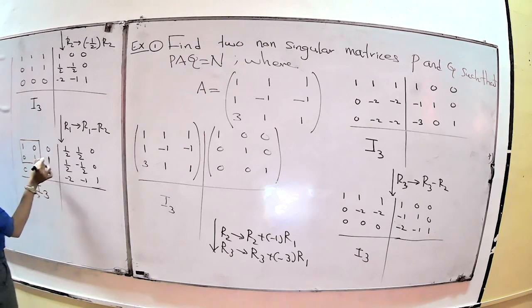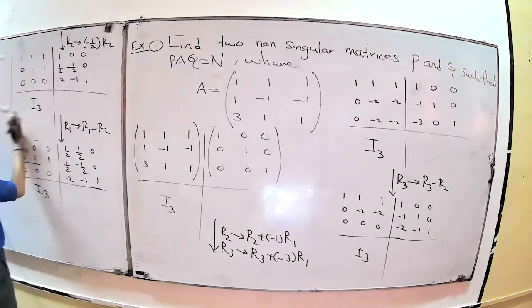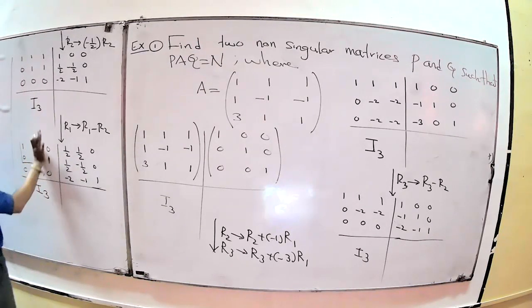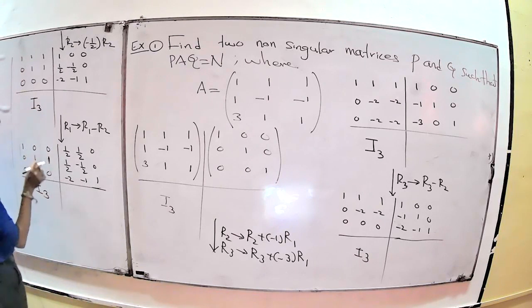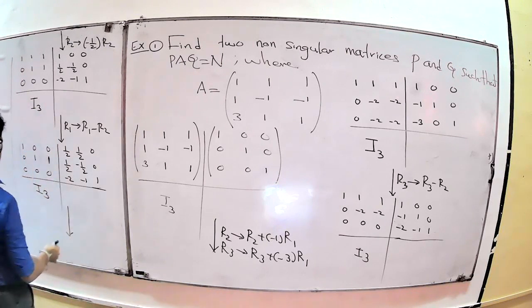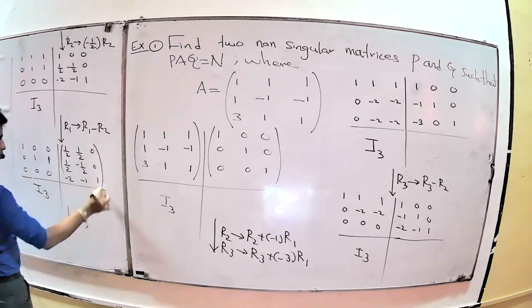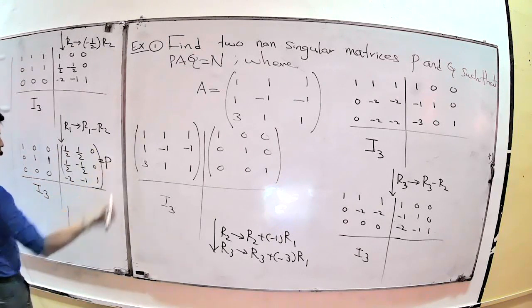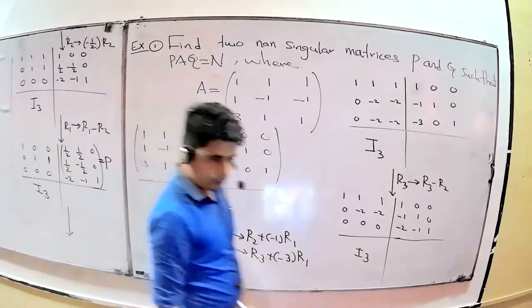If you want to get 0 here, what do we do? You can't do the row operation, right? You only want to do the column operation. You understand? When you do the row operation, you can't get 0 values here. Therefore you want to do only the column operation. For the columns C2 and C3, you want to do the column operation. Now, after that, you do the column operation. Therefore it is your P matrix.